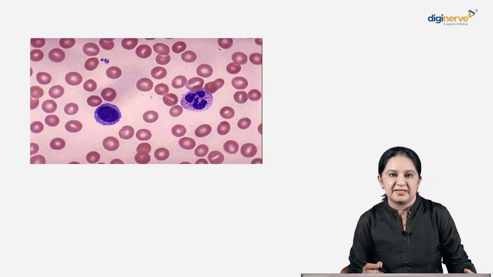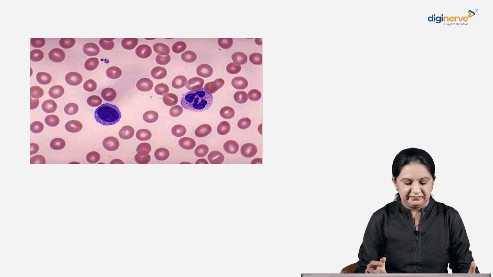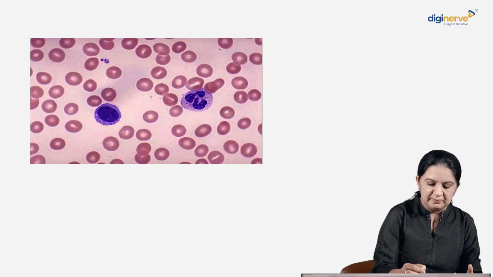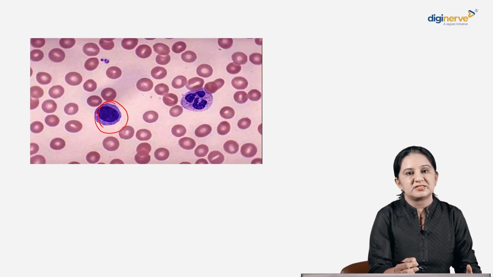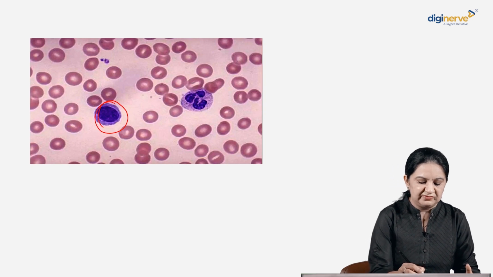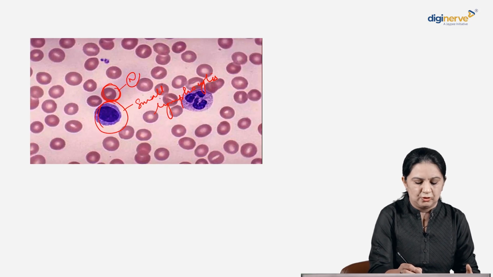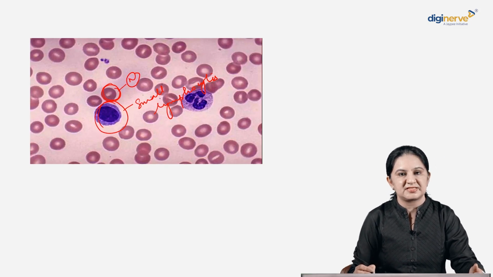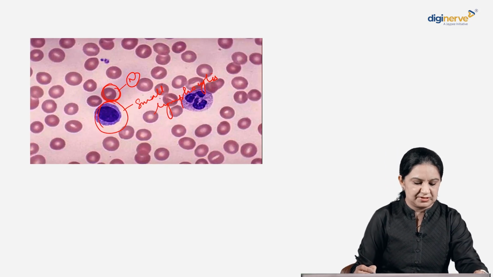So how do we determine the size? How do we determine whether the RBCs are small or big? Based on the peripheral blood smear. If we look in the peripheral blood smear, we will have to see the size of a normal small lymphocyte. The size of a normal RBC is comparable to that of a small lymphocyte. So if this is a small lymphocyte, the cells comparable to this size are normal in size. So we determine the size of a red blood cell based on the size of a small lymphocyte.